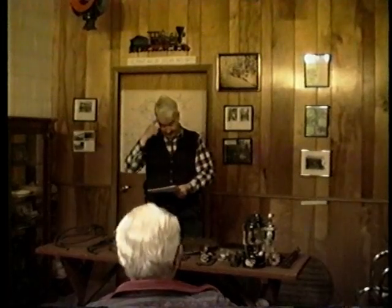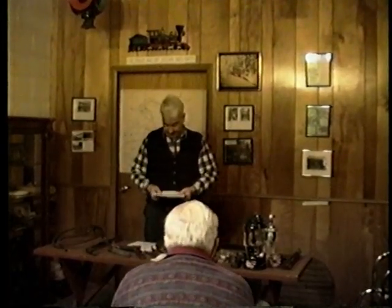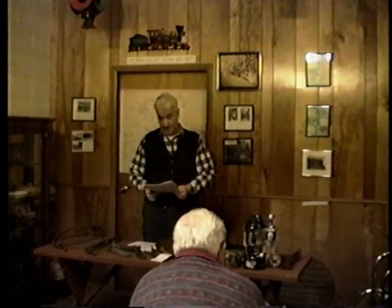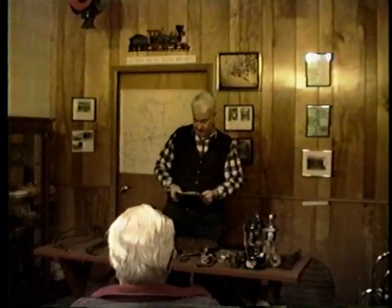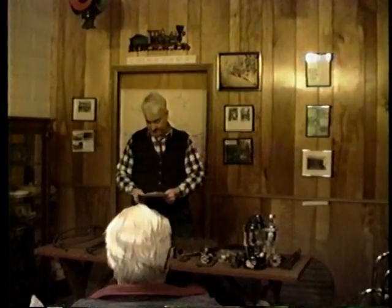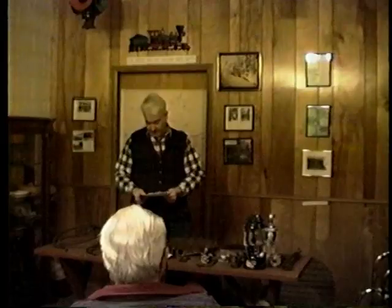Burners came in all different sizes. They started out at 14 and 16 inch. Then 10 horsepower cars, they made an 18 inch. And in 1914 they decided that 18 inch wasn't big enough, so they went to a 20 inch for the 10 horsepower cars. And since that was the last year for 10 horsepower cars, that's a pretty tough burner plate